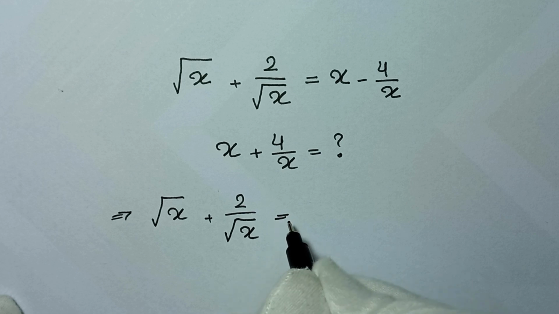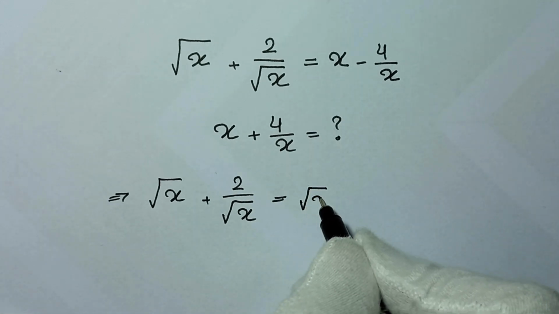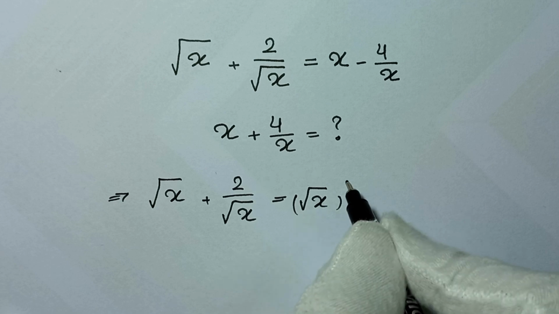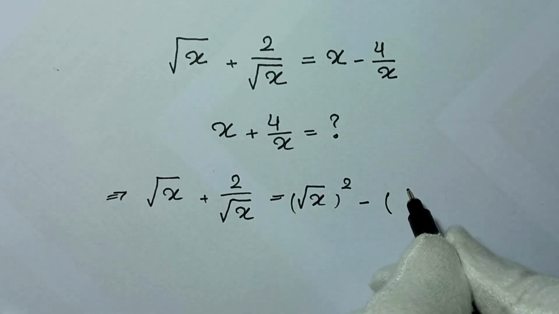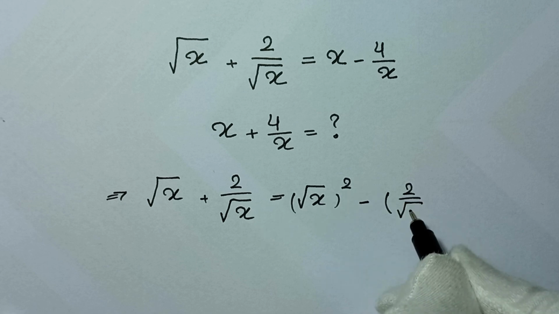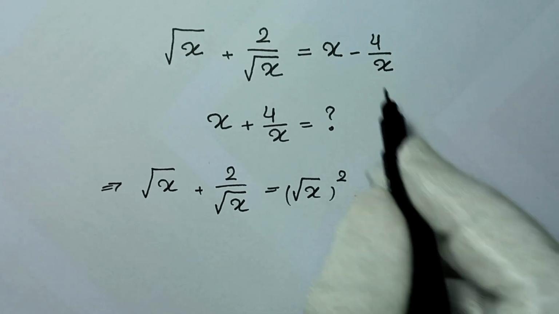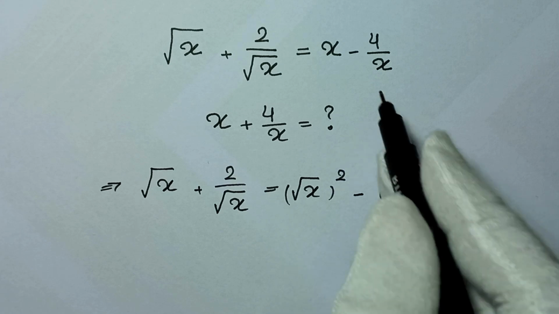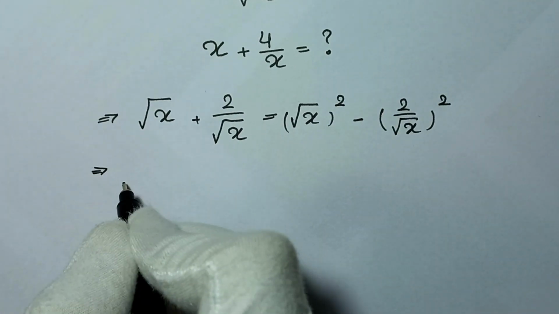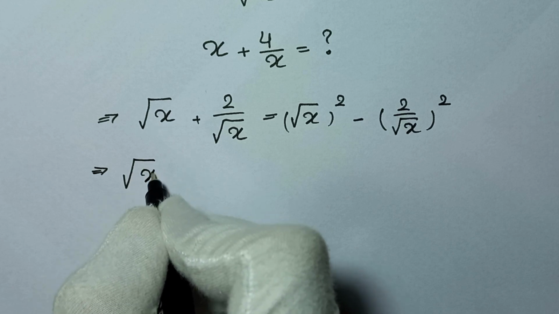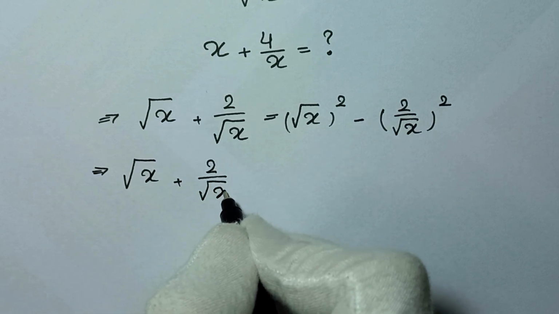is equal to, in here we can write this x as square root of x to the power of 2 and minus, also for this we can write 2 over square root of x to the power of 2, right? 2 to the power of 2 is 4 and square root of x to the power of 2 is x. So in the next step it will be square root of x plus 2 over square root of x is equal